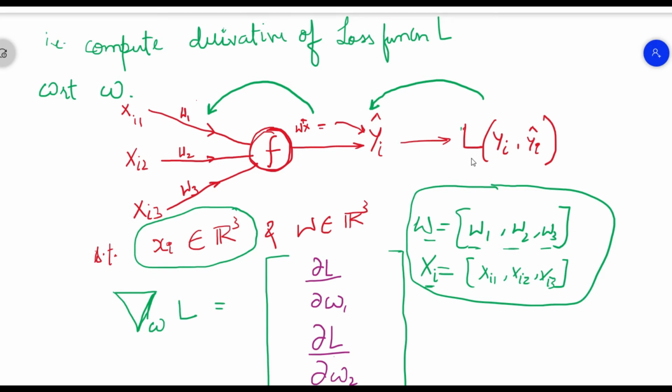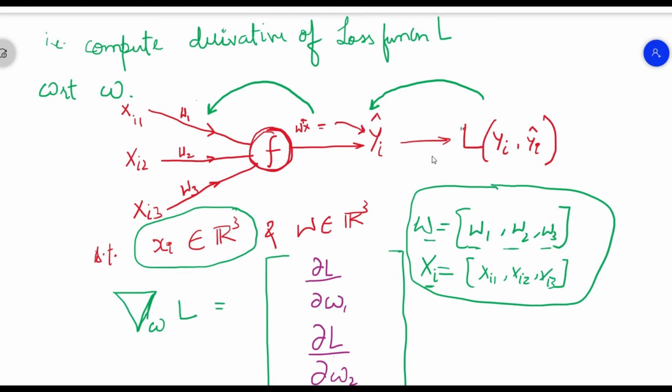So for finding the rate of change of L with respect to the rate of change of W, we'll have to consider the rate of change of this function as well. We'll see how the chain differentiation rule is applied later. For now, in this example, we are taking a 3-dimensional data set in which any specific data point will have 3 components, xi1, xi2 and xi3, and for each of those components we'll have a respective weight associated with it. So if xi has 3 components, xi1, xi2, xi3, our weight vector will also have 3 components, w1, w2, w3, as shown in this diagram.